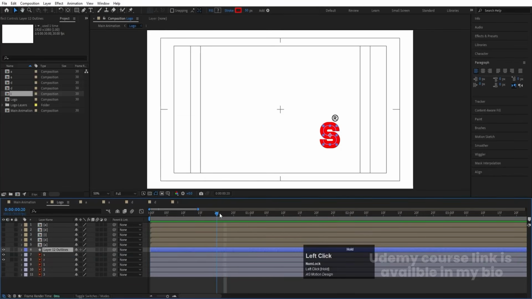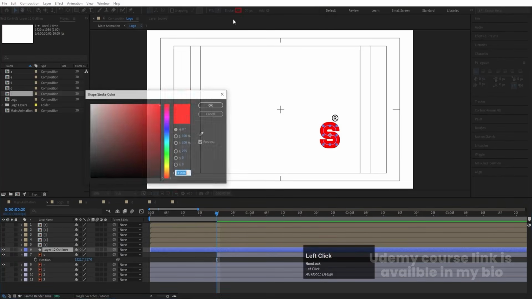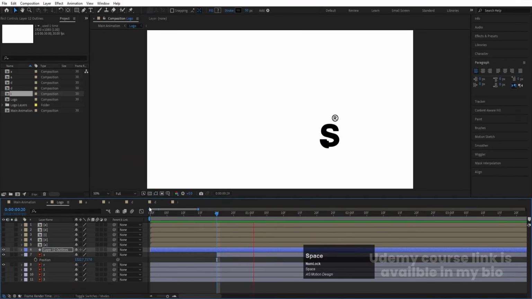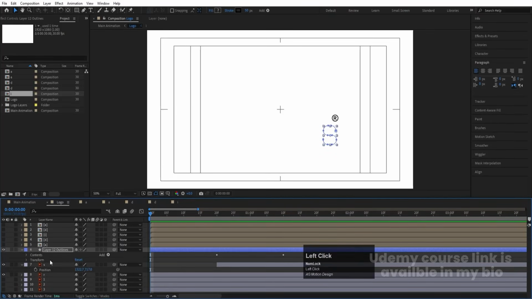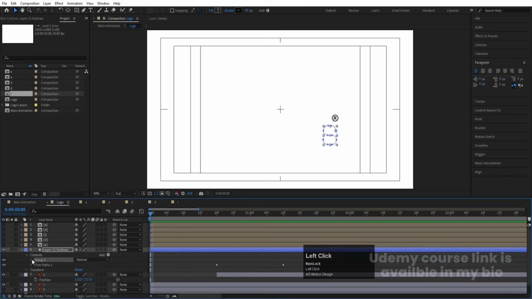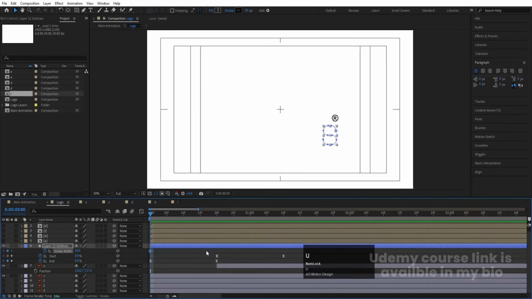Okay, let's bring this S over here, select this and change the color of this one to this one like that. Now for this S, what we need to do is that we will select this first, then we will go to the content as well, go to the group one, go to the stroke, and we will create one keyframe on stroke width and create one keyframe and hit U, and at somewhere around at this point I am